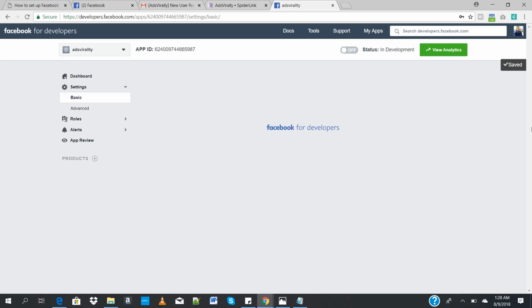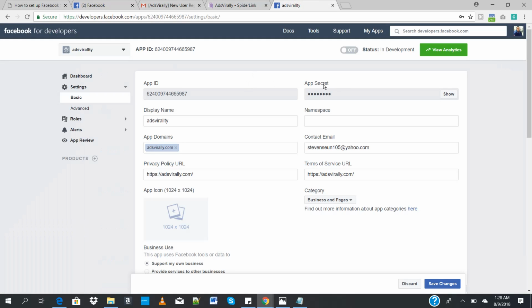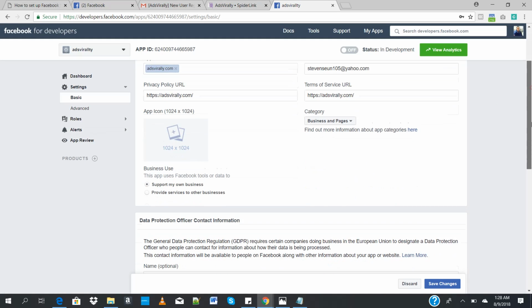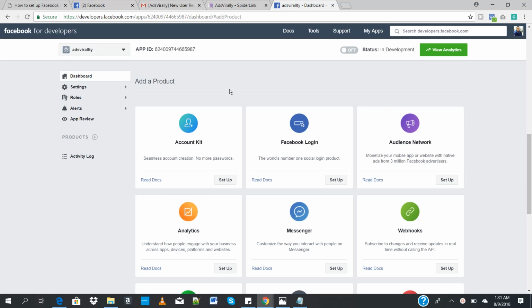Okay, good. So once we're done saving changes to our app, the next thing we want to do is to validate these redirecting URLs. So how do we do that? We have to create an application. So you just come to products, click on this product here. Once you get to the add products page, just click on Facebook login. As you can see, click on the setup. And it will take you to a page where you can set up the redirected URL that we need to